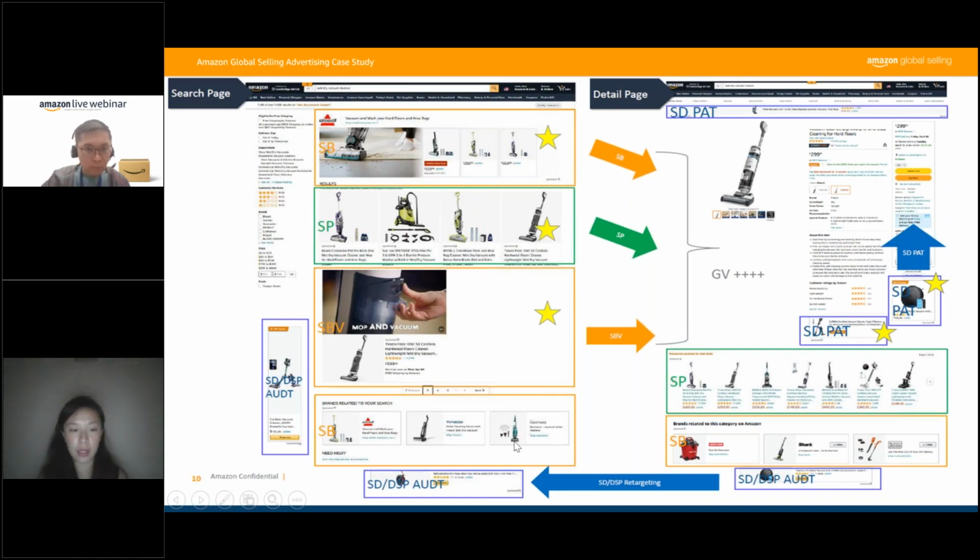And then below, if you see brands related to your search, that's sponsored brands. At the side, that is sponsored display. And then when it comes to the detail page, right at the top strip is a sponsored display. And then subsequently, you have sponsored brands, sponsored brands. And then of course, right at the right side, it's sponsored display placements, the 360 placement as I